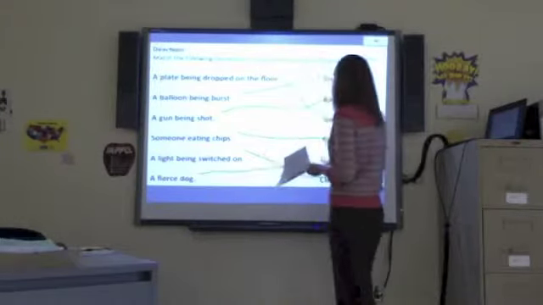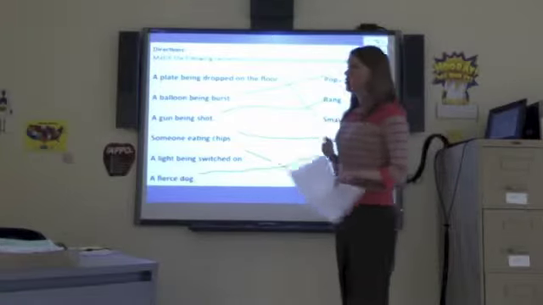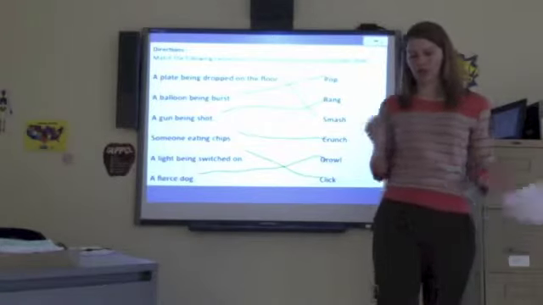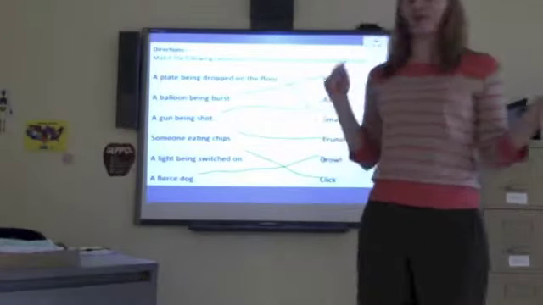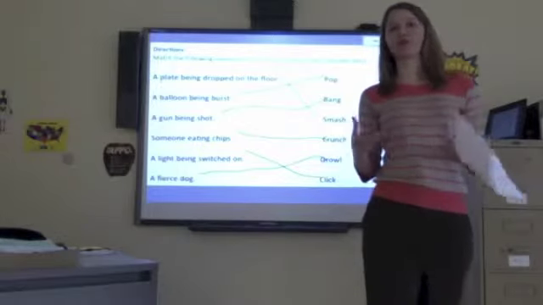All right, so again we use onomatopoeias because it makes reading interesting. Instead of saying, I put my jacket on and walked outside and walked on leaves, you can say, I zipped the jacket up, walked outside, and I could hear the crunching of the leaves under my feet. So it gives more of a vivid image for you as the reader.